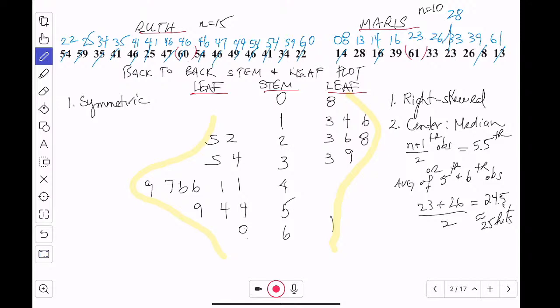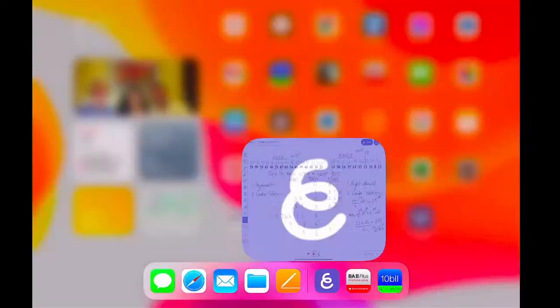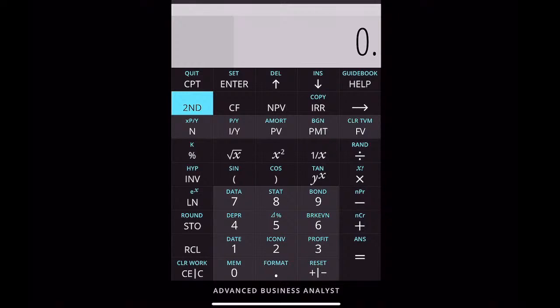All right, so what about for Ruth? Since it's symmetric, the center is actually the mean. So I want to show you with the calculator how we'll enter these values into the calculator, okay? I'm going to use the TI-BA2 Plus. Maybe you learned yours. You can let me know which one you have. But you should compute using your calculator in statistical mode. So let me show you how to do that on the TI-BA2 Plus.